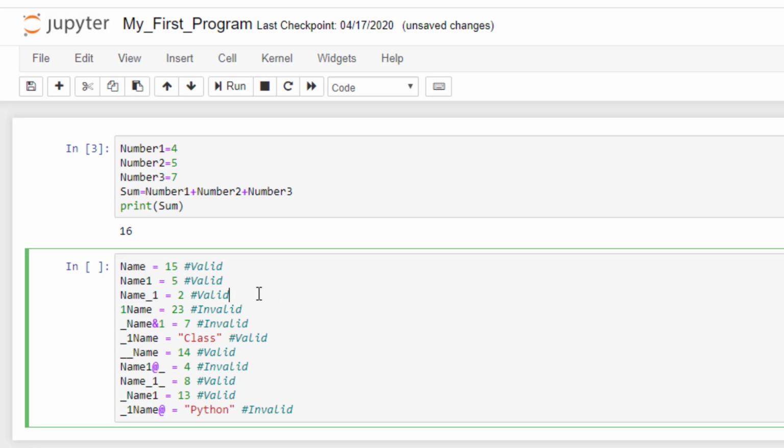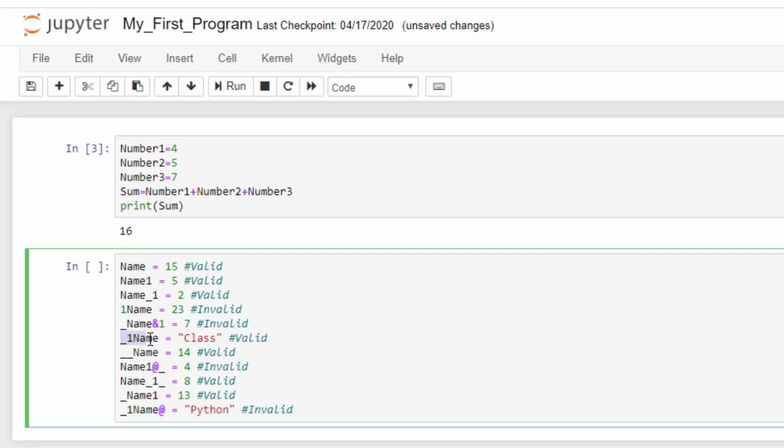Yes, it is again a valid variable name because of alphanumeric and underscore. This is invalid. Why? Because the variable name is starting with a numeric. This one is invalid because of the presence of this special character. We can use only alphabet, numeric and underscores. We cannot use any of these special characters.